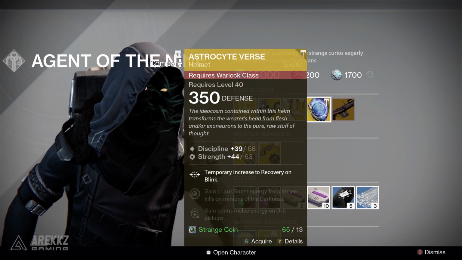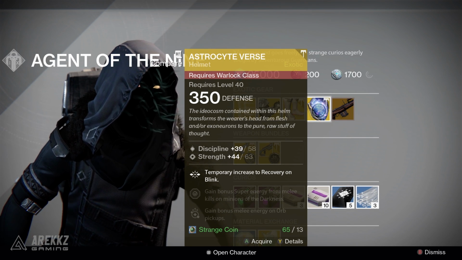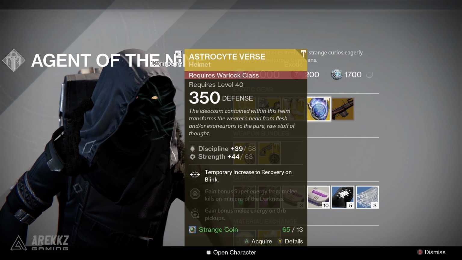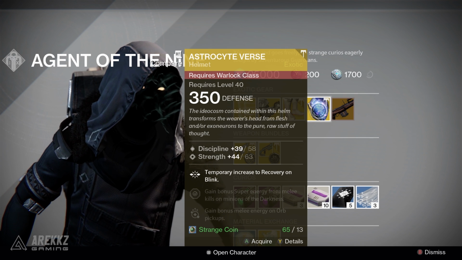Moving on from there to the Warlocks, you have the Astrocyte Verse. This is an exotic helmet that has recently had a buff in the Age of Triumph update. It is not something I've had a chance to test out myself, but if it's an item you like, then it's probably worth revisiting. The main perk on this is that you get a temporary increase to recovery on Blink,